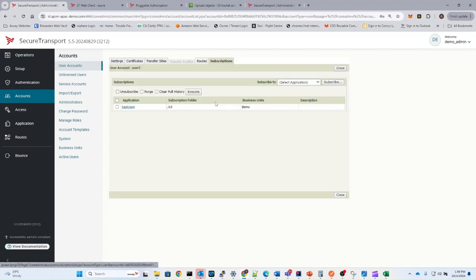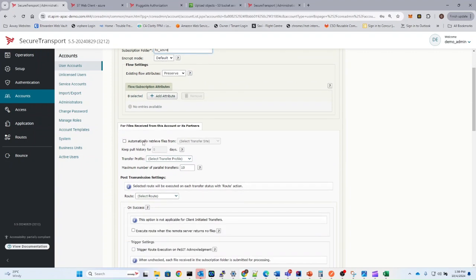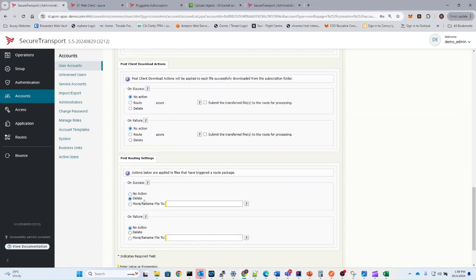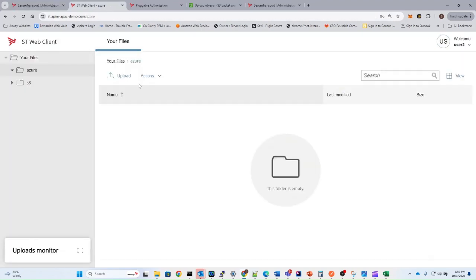and again under the subscriptions tab I'll give them a subscription to be able to send to this Azure location. So to Azure, I'm not going to worry about downloading for this account. This is going to be a client upload in this case, and then I'm going to execute the Azure route. I'm going to delete the file after it's been sent, the same way I did in the last case. So what that looks like for this user 2 here,